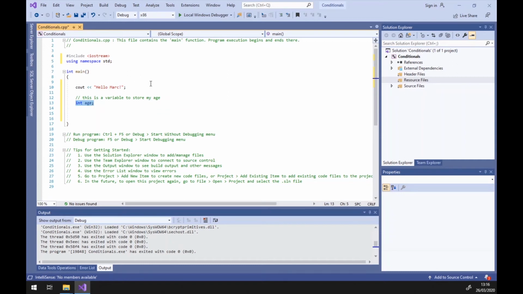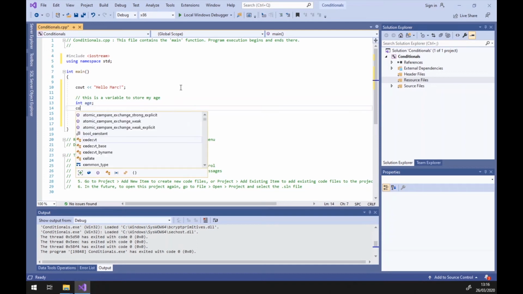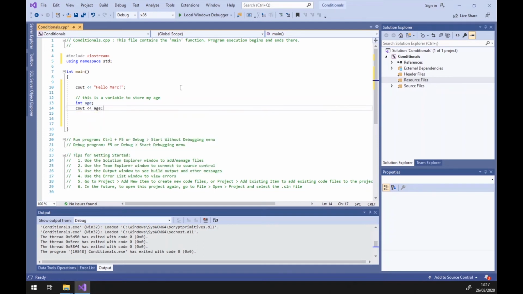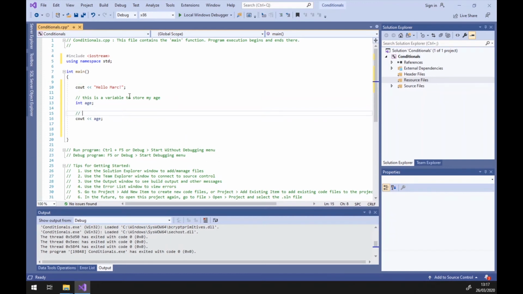At the moment, I've created a space in memory for me to store some information against a variable called age. So age is just the name of or a label of that area in the memory. So I can now recall age using cout, and at the moment I've not set any value into age. So let's have a look at that. So if I say cout age, so remember cout is console output, we're also going to comment this line. So I'm going to say output the age